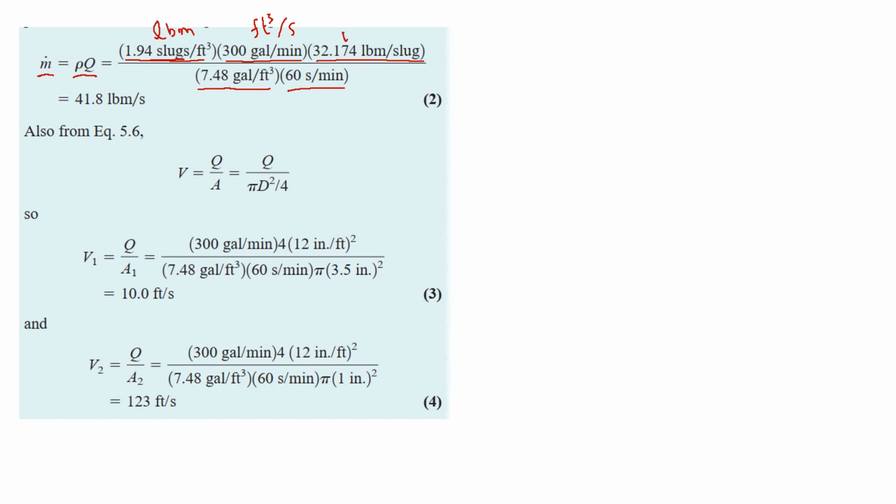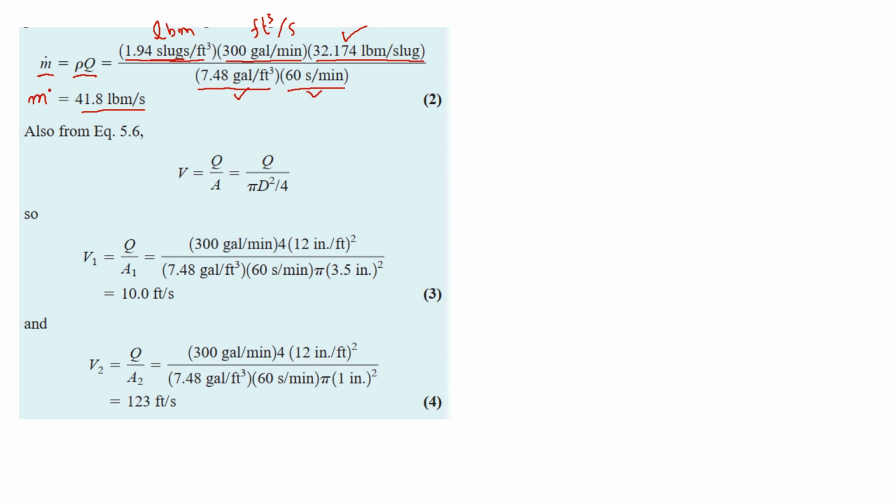So this term converts to pound mass, and these two terms convert the volumetric flow rate into cubic feet per second. So we get our m dot, our mass flow rate, as 41.8